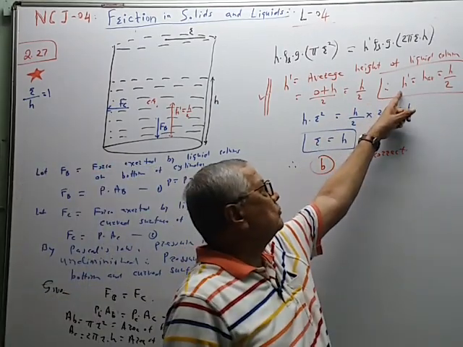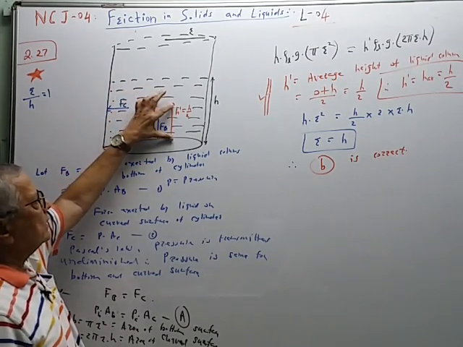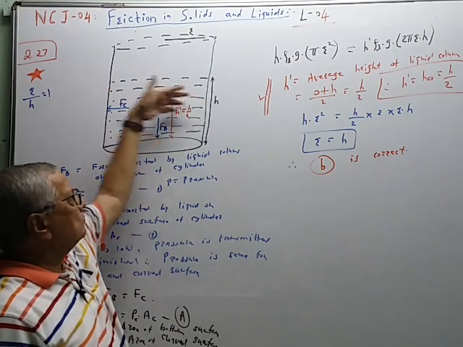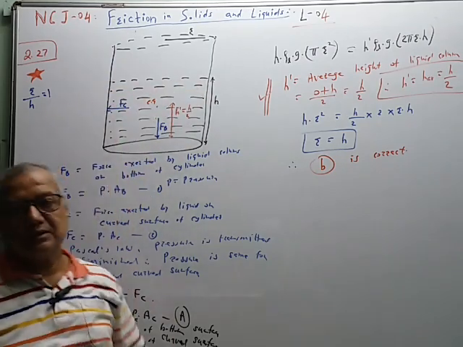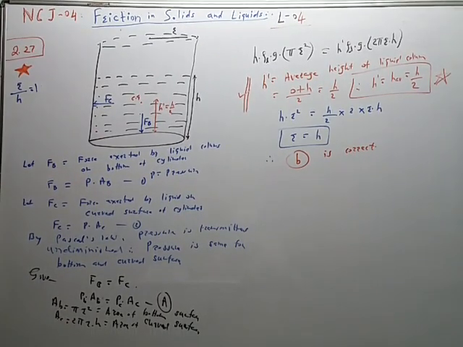The liquid column has center of gravity here, and therefore H dash is equal to H by 2, and this liquid column exerts the pressure on the side surfaces where H dash is the average height, like this. So remember this point. This is the force exerted on the bottom, force exerted on the side surface. So side surface has area 2 pi RH, bottom has circular area pi r square. This is the curved surface. This 2 pi r is the circumference, H is the height of the liquid column, and the pressure is given by H rho G, pressure is given by H dash.